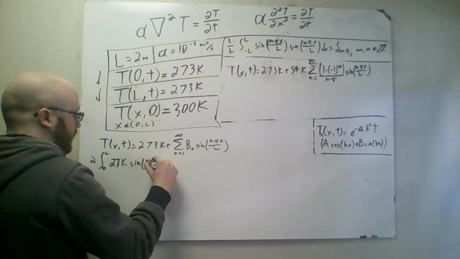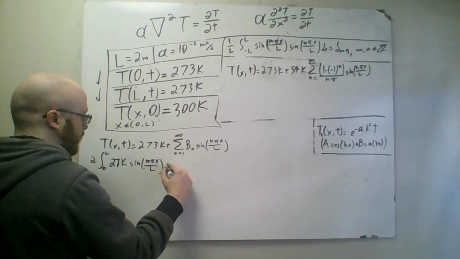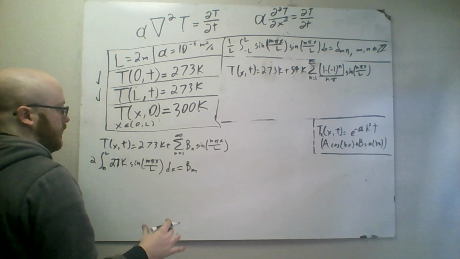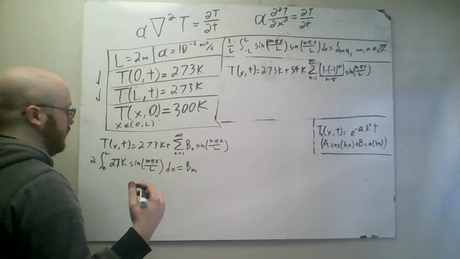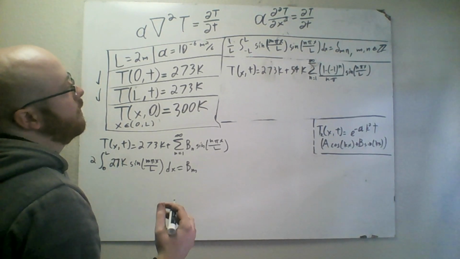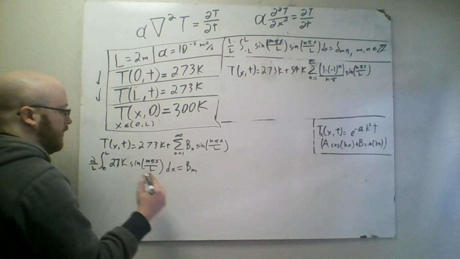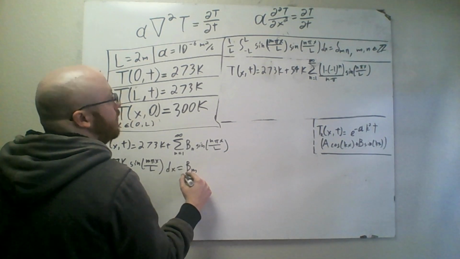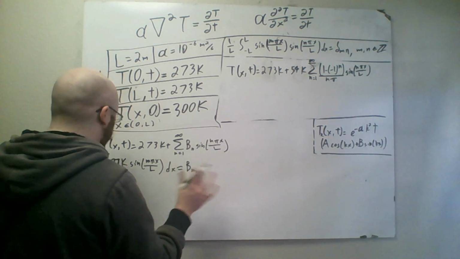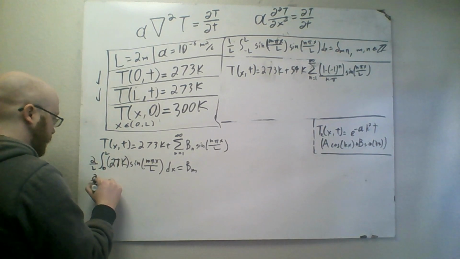Sine n pi x over L, x equals m. Multiply both sides, we get the integral. And then we also have to divide by L. That was the other thing that's missing. So yeah. Ugh, I'm being really messy today. It's gross. Anyway, 2 over L